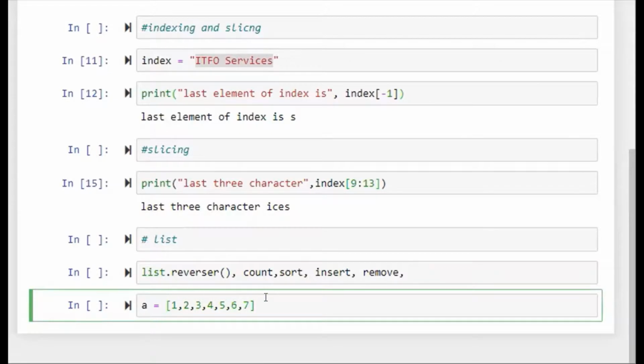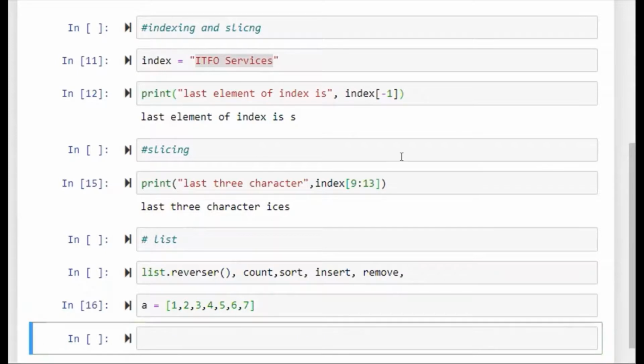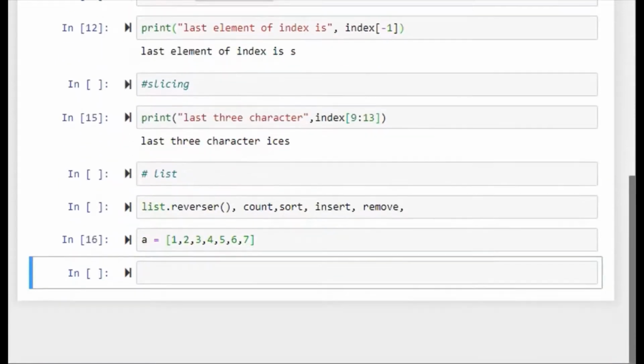If we want to perform different operations, and we append an element at the end, then we use dot append 8.